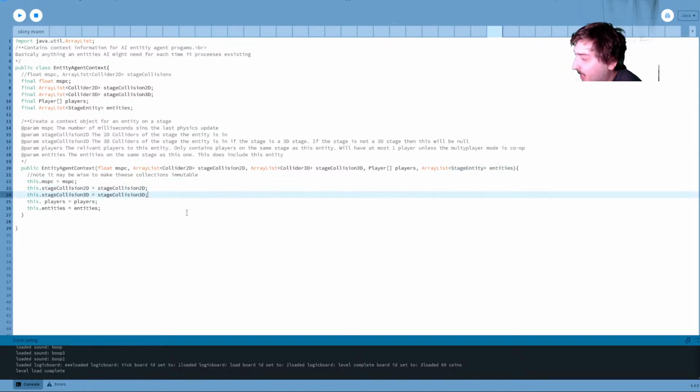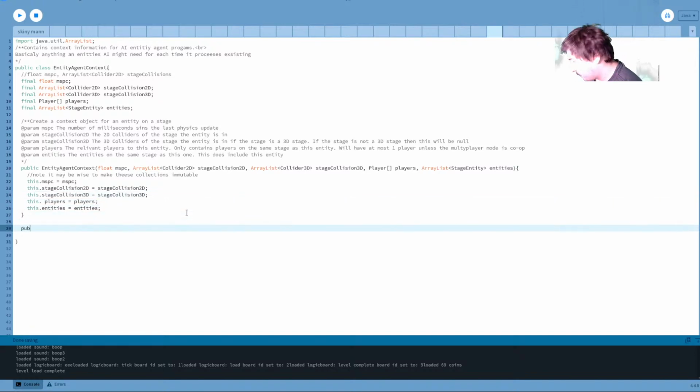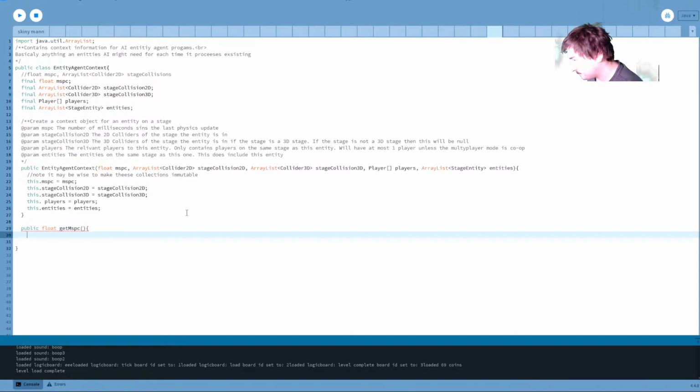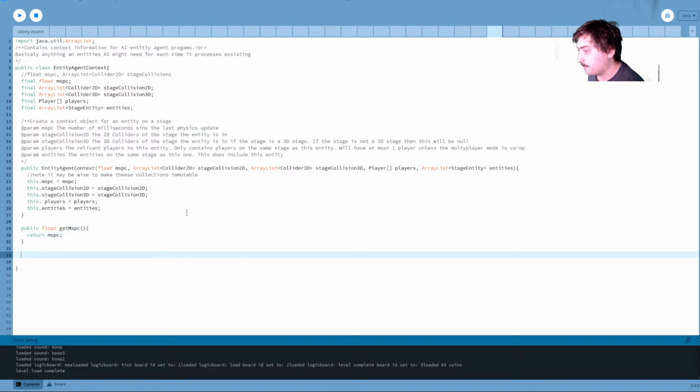But now we actually have to be able to access them. So we will make a public float get SPC. We'll put the docstrings in for this in a moment. Public array list.